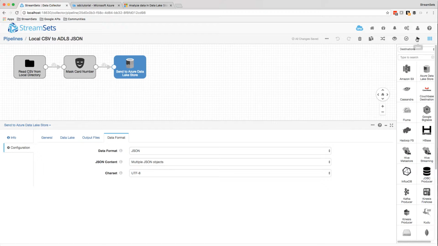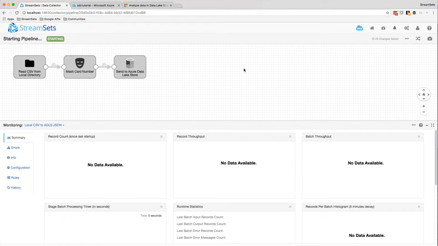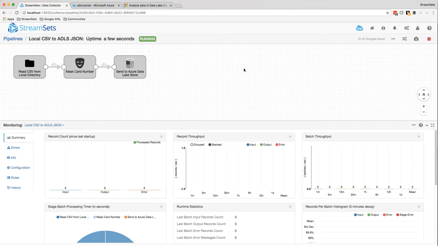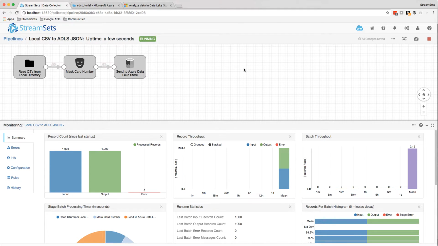So let's fire off the pipeline, and what you'll notice is there's about 5,000 or so input records, and once this gets started, it's very, very fast. So 1,000, 2,000, 4,000. And it's done already. It's uploaded 5,000 records here. So let's stop the pipeline